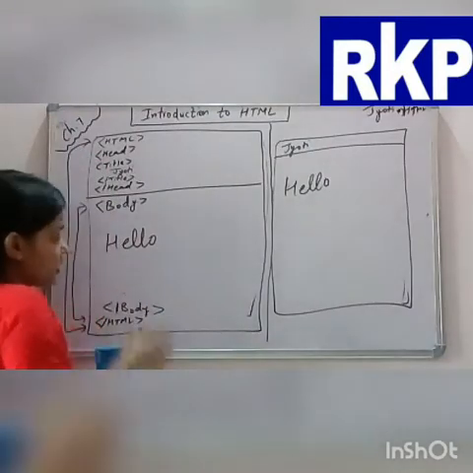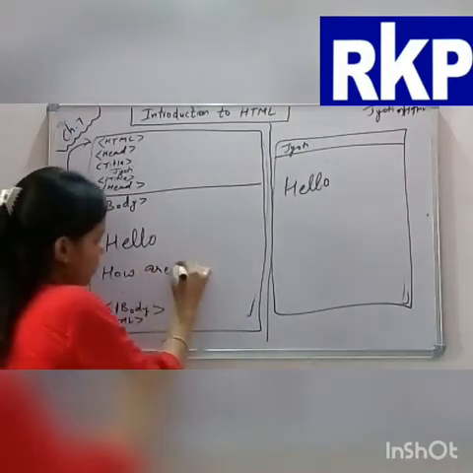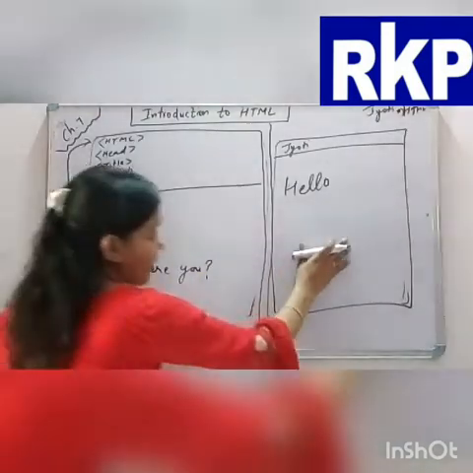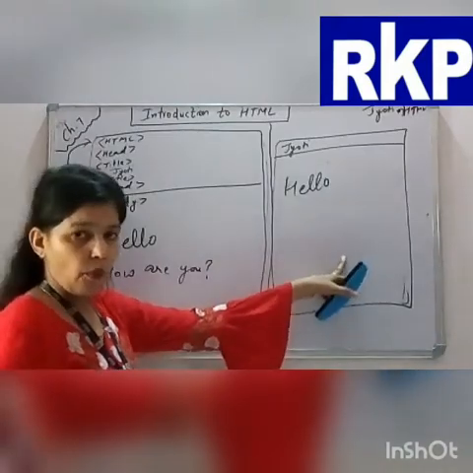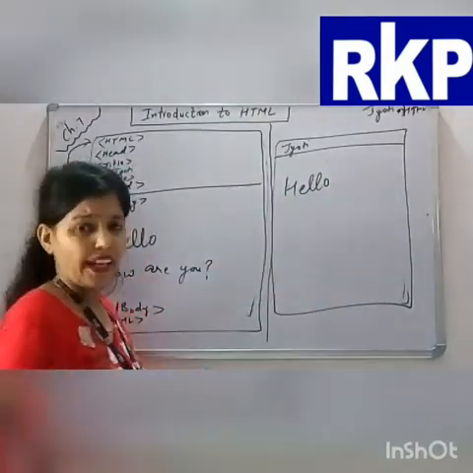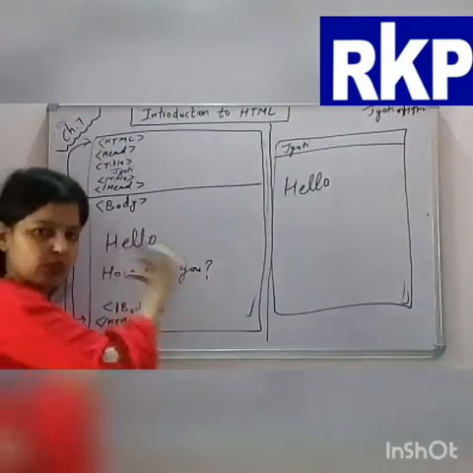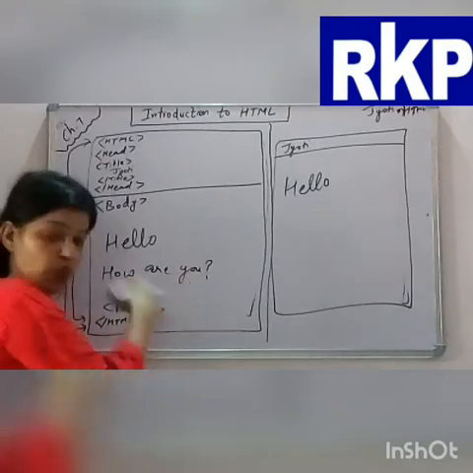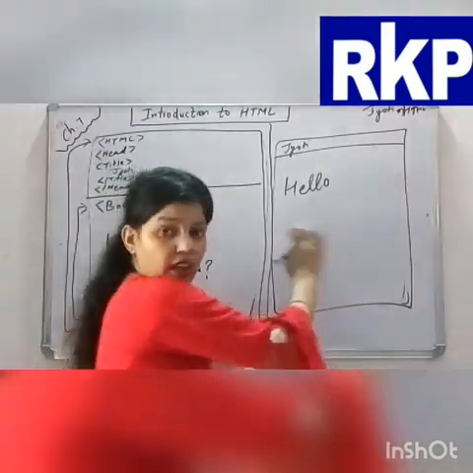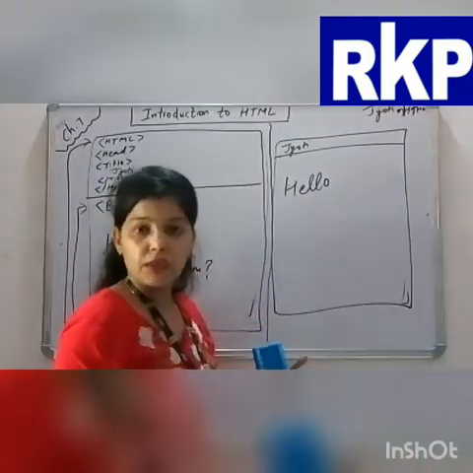Now if I change here from hello and write how are you, okay, I have written one more text, but the web page is already open, so in the web page you will get only hello. Why? First of all, you have to update this: press Control plus S once again to save it. Otherwise you will not get the result. You will get the previous document only.